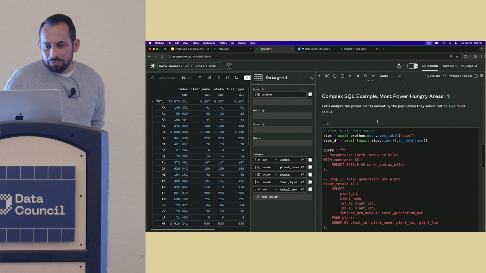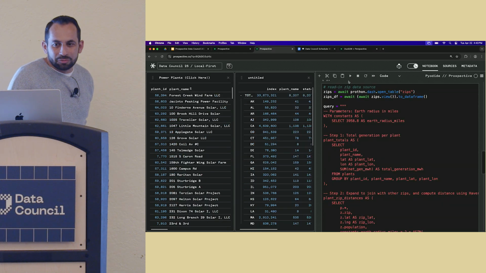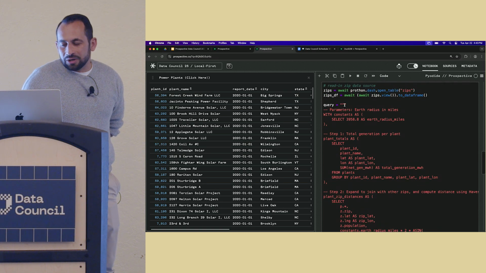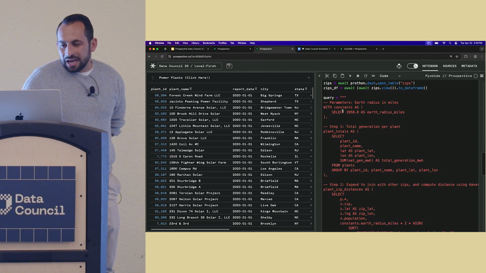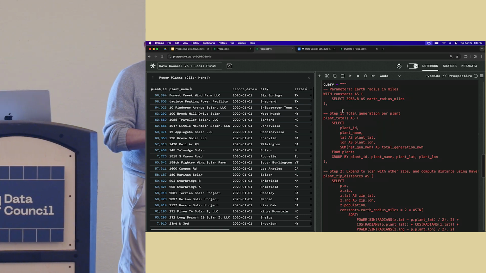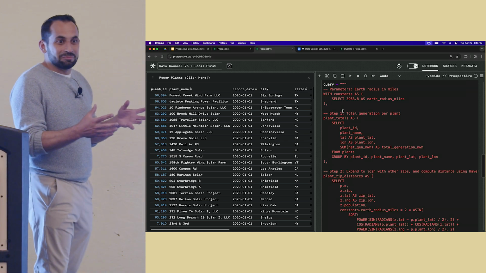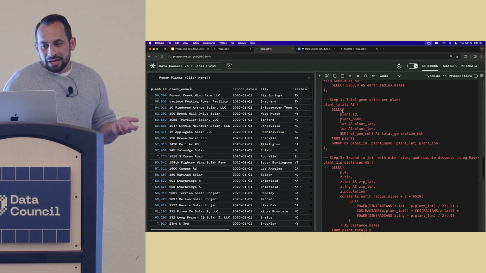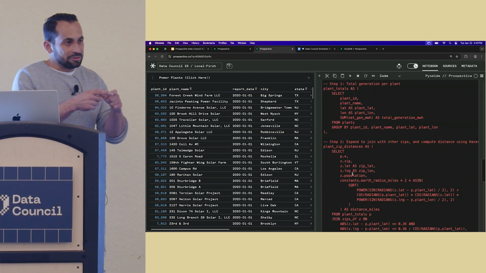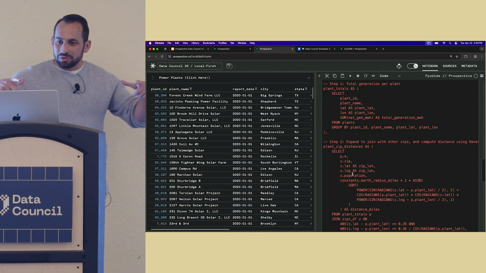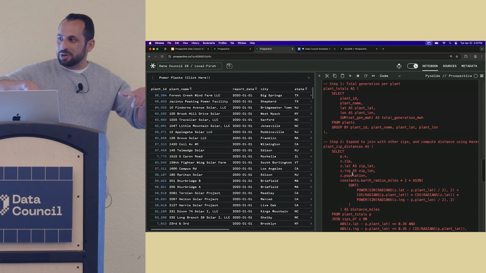Now let's do something a little bit more complex. That was a pretty simple SQL, and we can probably do that in Prospective itself. Now this SQL loads the zip data frame into DuckDB as well, and then it uses that to see which power plants are serving the biggest population around them. Because in my zip codes, in my postal codes, I have the population data, and I'm going to do a radius search. So I have the latitude, longitude of the power plant, and the latitude, longitude of the zip code. So I'm going to do a 25-mile circle around each power plant and get all